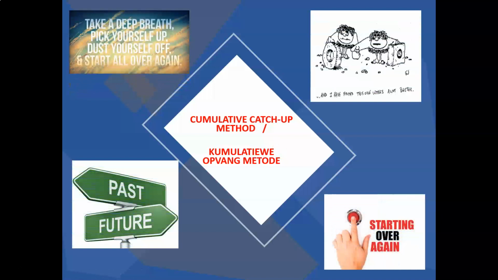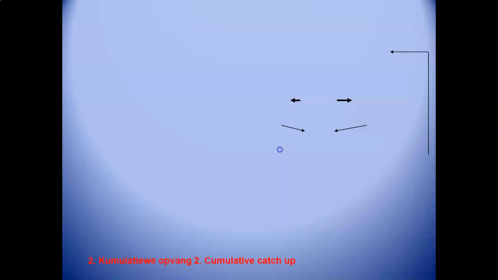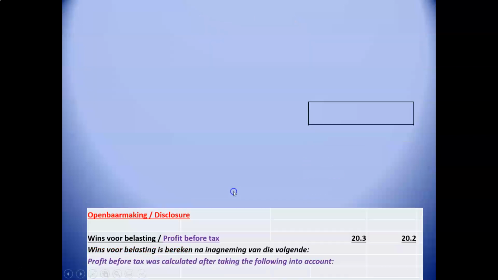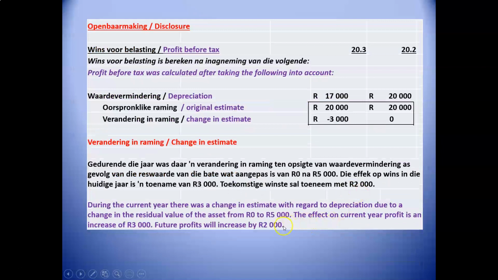So what's the cumulative catch-up method? We start all over again. So where do we start? At the acquisition date. We work it out in the old way and in the new way. Future profits is the future depreciation, that is after 31 December X3. What are we going to write off based on the old method and the new method? And that is where that 2,000 Rand positive impact on the profits is going to be, after